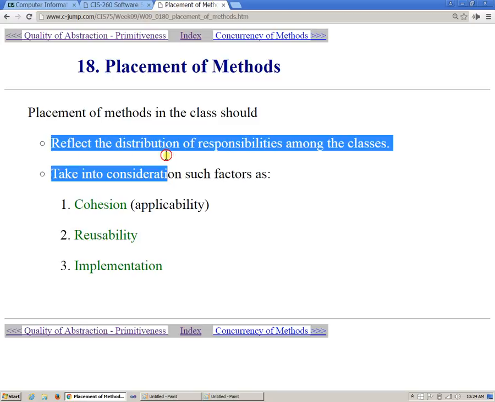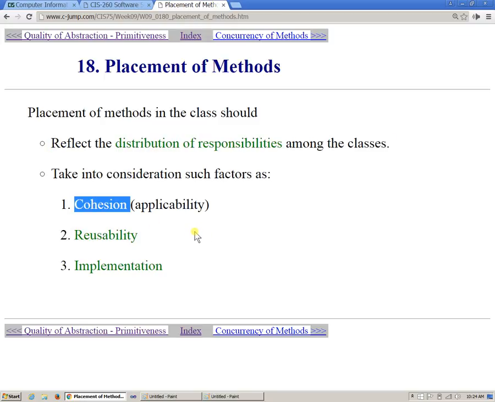What this really means is that each class in your system should have clear responsibilities. If you don't have clear understanding of what this class is responsible for in this software, you probably are open to mistakes of placing methods in the wrong class, right? So it's just something that you need to be aware of. And priorly mentioned cohesion, applicability, obviously, and other